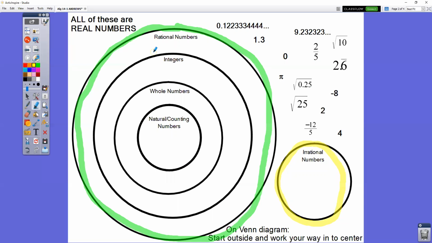So numbers, real numbers, because all of these are real numbers, because that's all that we're dealing with. They either have to be classified into rational numbers or irrational numbers. They have to be one or the other. So it's easier probably to pick out the irrational numbers. Well, when we do irrational numbers, first of all, I see this